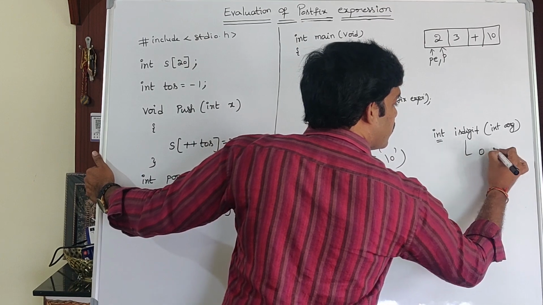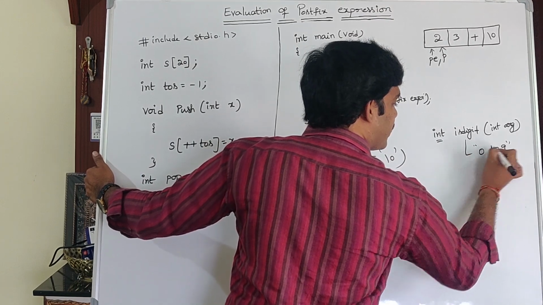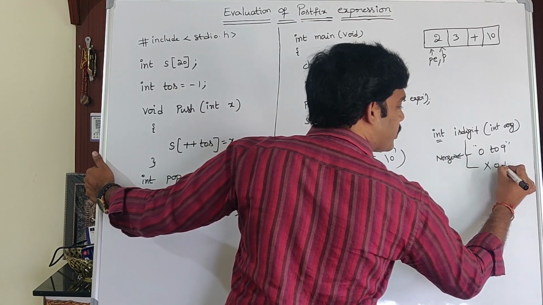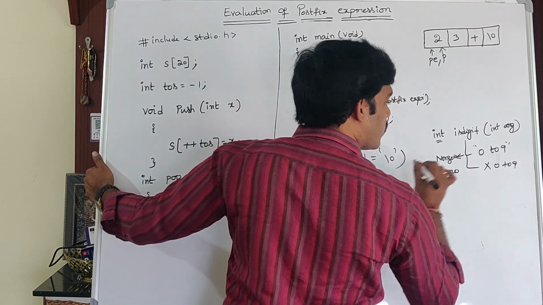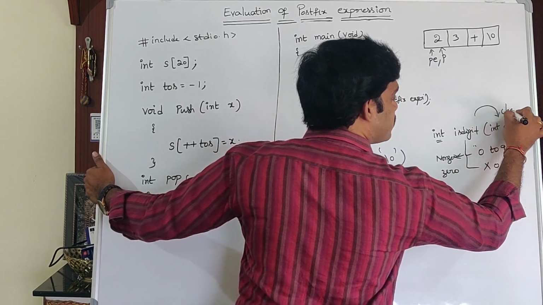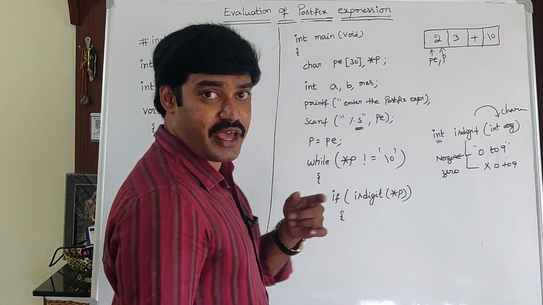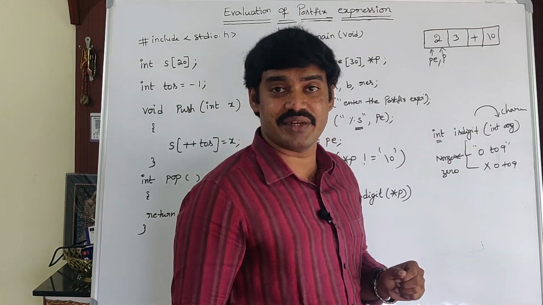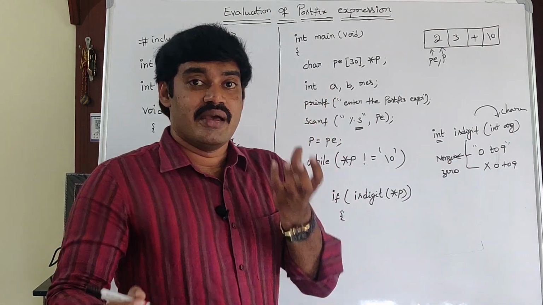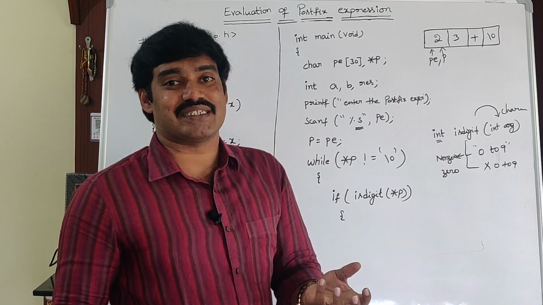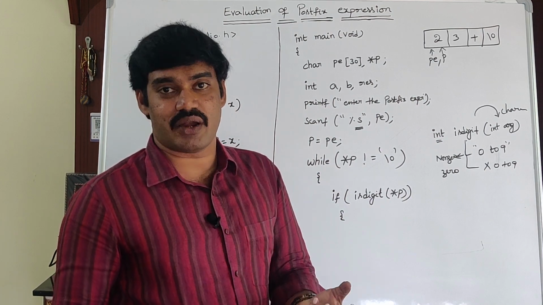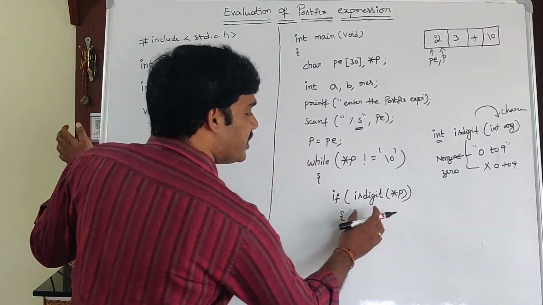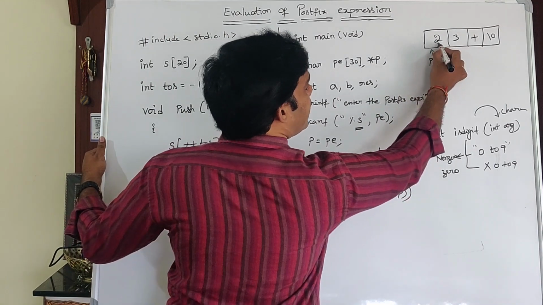So if the character is from 0 to 9, it returns a non-zero value. For anything other than 0 to 9, it returns 0. We are passing a character constant to this isdigit function. Here you may get one doubt. Sir, we are passing the character constant, but the argument data type is integer. Right? Every character is represented in the form of an ASCII value. An ASCII value is nothing but an integer value. That's why it is an integer argument. I am calling the function isdigit(*p). What is *p? 2.